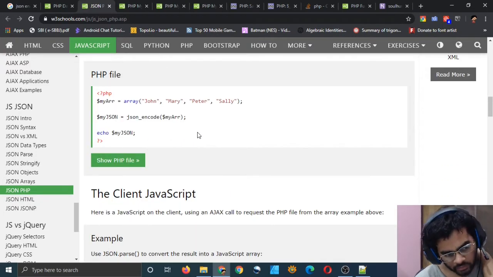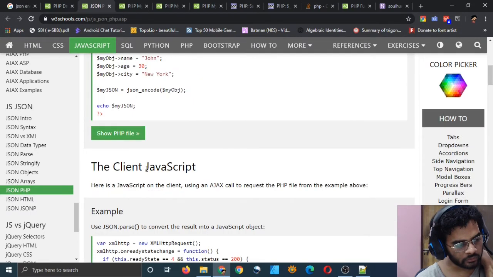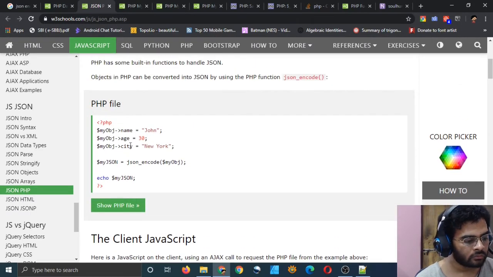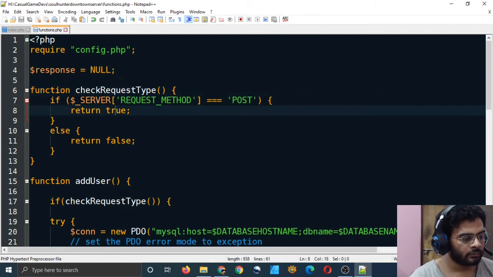I think I will do it this way. I believe that should work. Hopefully it will. And then I will have to encode the JSON. So right now I will just type response is equal to null.